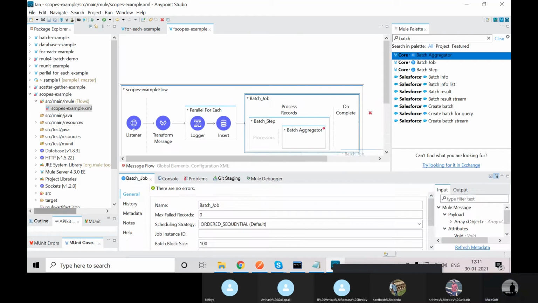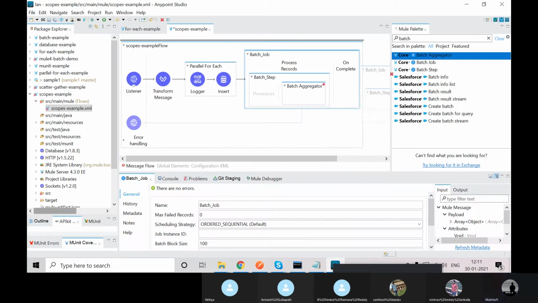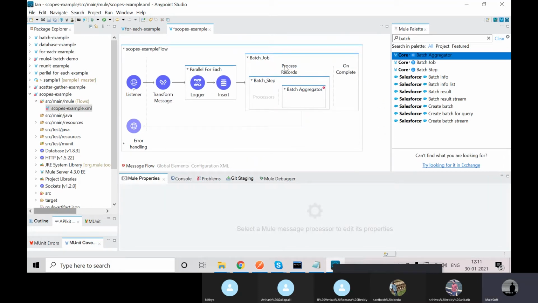You have to drag your batch separately and call that batch by using the batch execute component. But in Mule 4 they have introduced batch as a scope, so anywhere in the middle of the flow you can drag your batch and utilize it. That is one more difference. In Mule 3 we see batch commit, and here we see batch aggregator. It is a similar thing, they have only changed the name, but the behavior is the same.